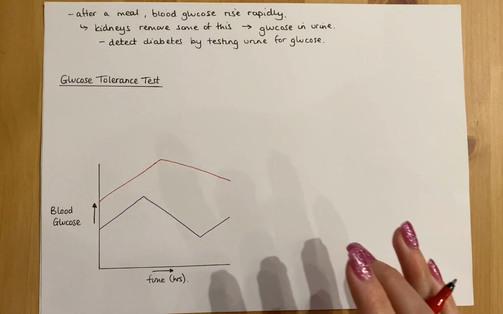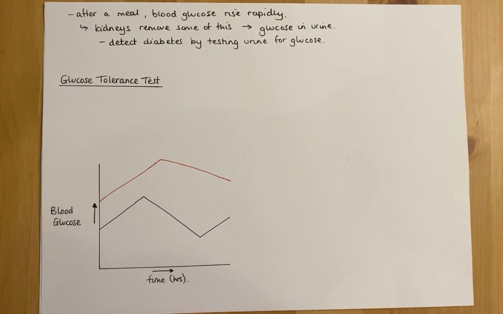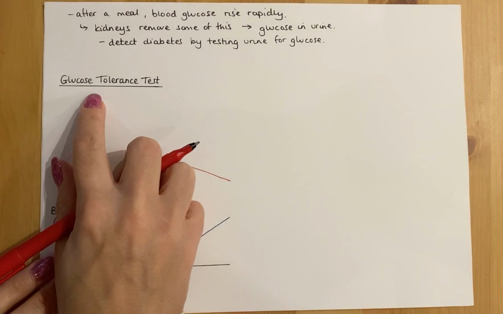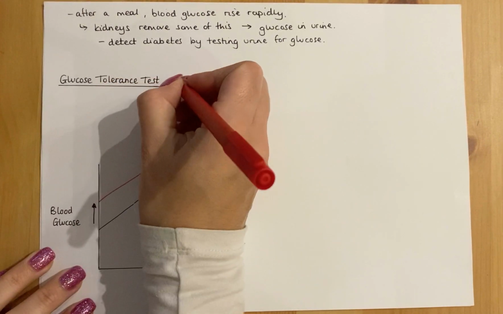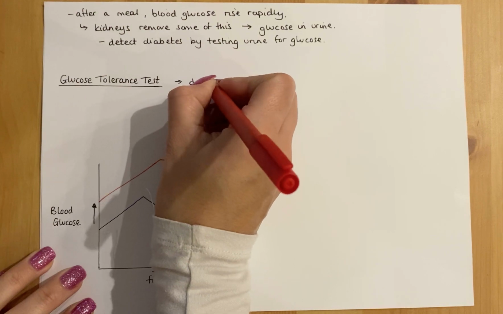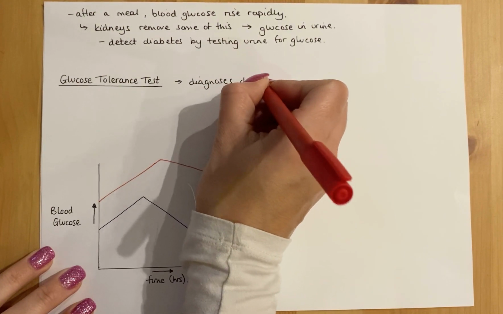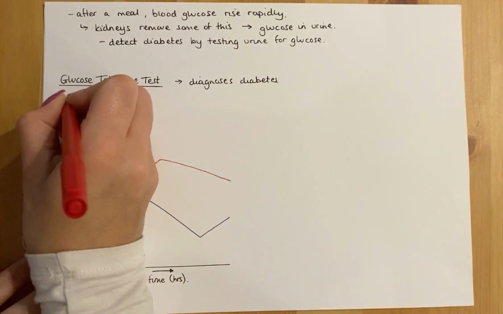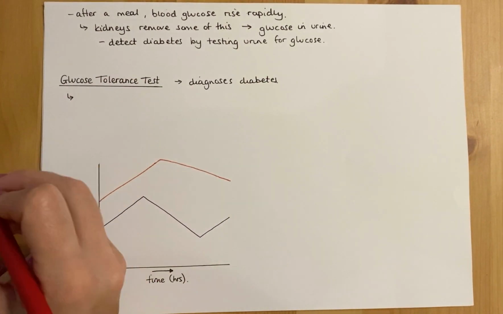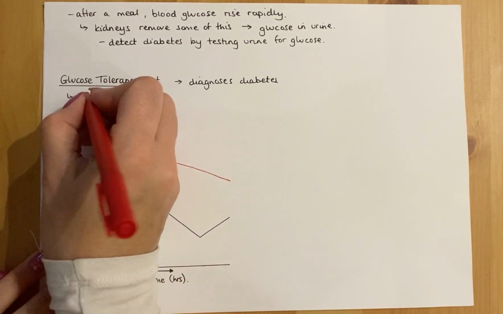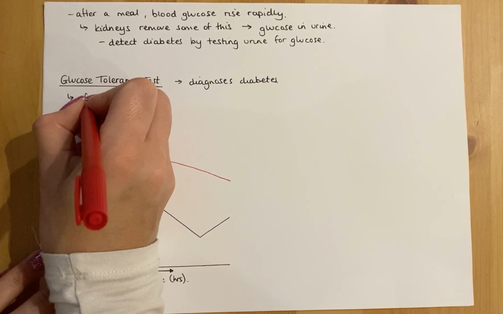Now, to confirm that a person has diabetes, what we would use is what's called the glucose tolerance test. It's used to diagnose diabetes. What this involves is a person being not quite starved, but after fasting. So there's a period of fasting,